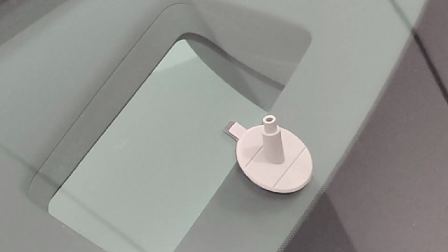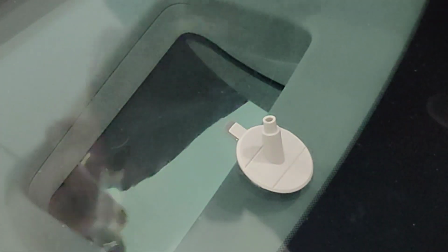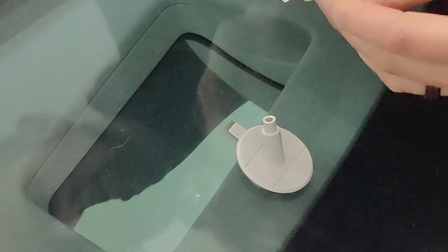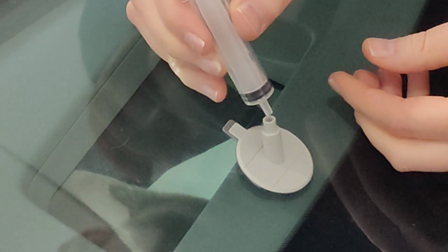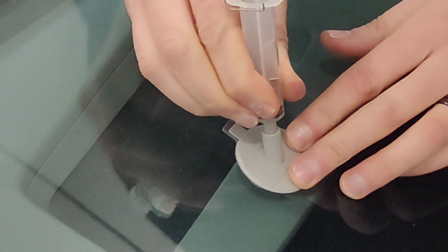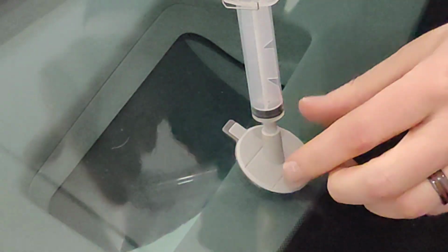Okay, so now that we have what is hopefully enough resin inside there, we're going to evacuate the air from inside here using this syringe. So making sure that the syringe is actually depressed all the way down. That should be the way it comes from the package. I'm going to go ahead and stick that in here. A bit of a twist. There we go. So that's a nice tight seal,